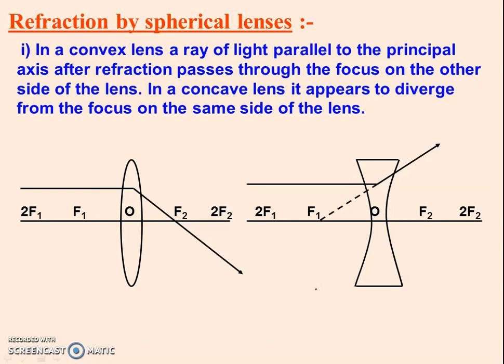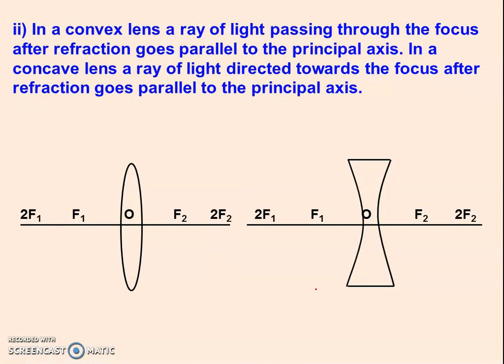Whereas in the second, the concave lens, it will diverge and appear to be coming from the focal point. Now the second case. Actually these rays are required to make the image formation. We are using geometrical optics, so we have to take the help of geometry only. In the second case, the ray of light passes through its focal point and then is incident on the lens. In the first case, the ray passes through its focal point and is incident on the lens. What will happen? It will pass parallel to the principal axis.